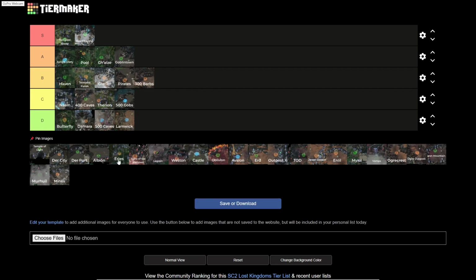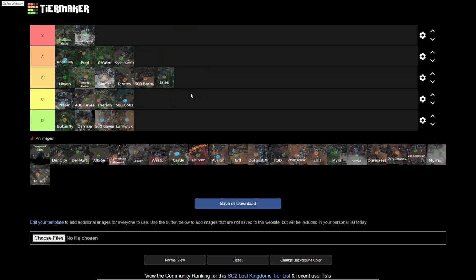All right. I forgot about Ares right next to Therion. I think it's squarely B. It's super popular for some reason. A lot of players really like playing this base. I think it